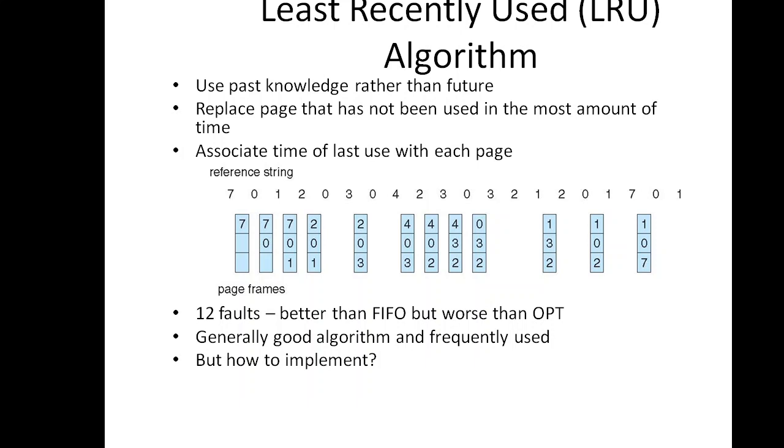Now let us see how this algorithm works. Consider the same sequence of pages, that is 7 0 1 2 0 3 0 4 2 3 0 3 2 1 2 0 1 7 0 1. Again we have free frames initially. First page fault: 7 is inserted into the frame. Next is 0, since the frame is free, 0 is also inserted. Next is 1, the frame is free, so 1 is also inserted.